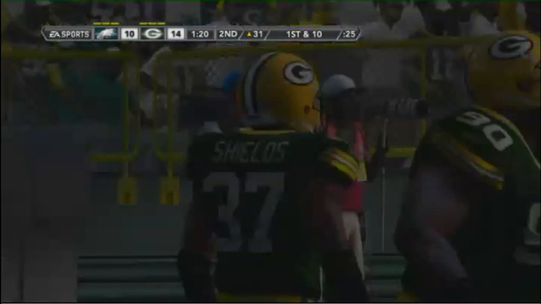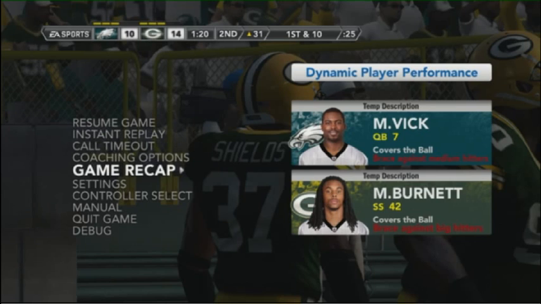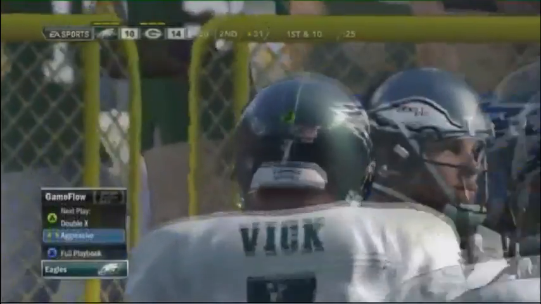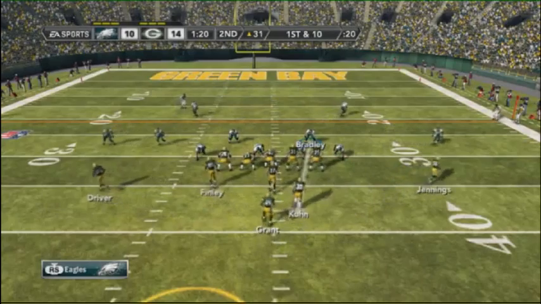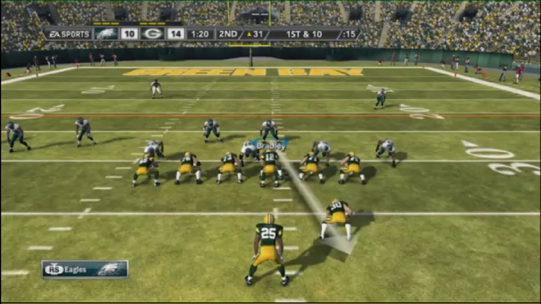Okay, Rob, if you could pause it real quick. Michael Vick says brace against medium hitters. So what does this mean here? Well, anytime a player has changed from one tendency to another, we show you on this screen. Vick, who has a trait for covering the ball right now, anytime a collision is about to happen, instead of running and being a very dynamic player, he's more likely to cover the ball. A lot of players will switch to that trait after they've had a key fumble. If you've got a running back that's very dynamic and you get him to cough the ball up, he will switch to that trait, which means he's more likely to take a safe hit and just go down and be less likely to break tackles.